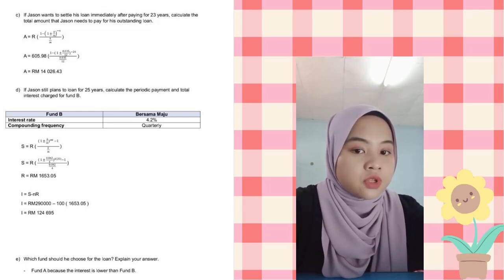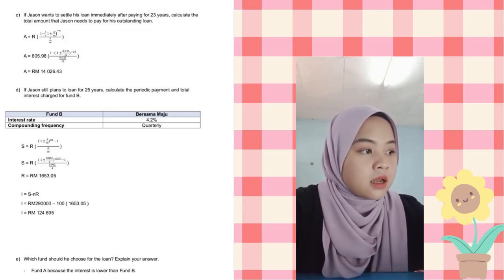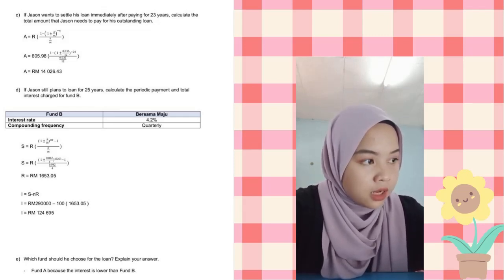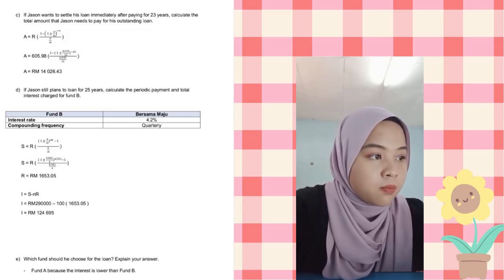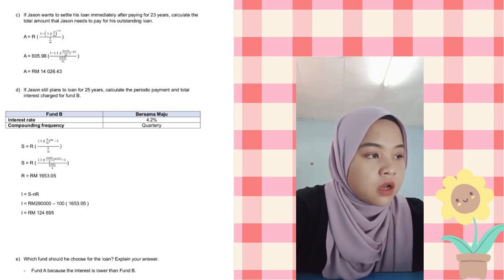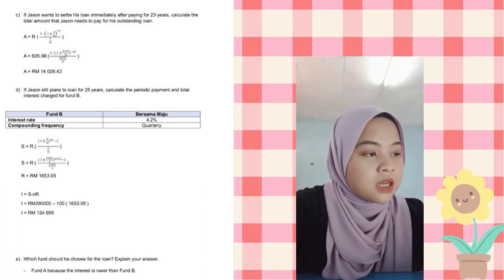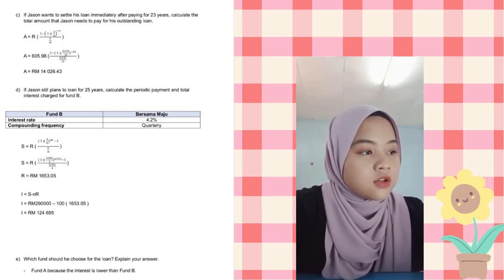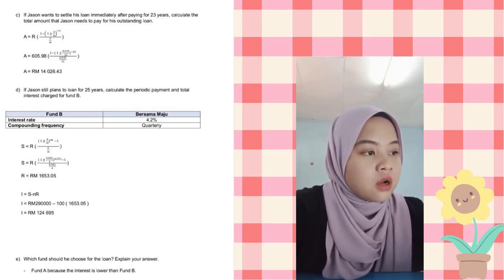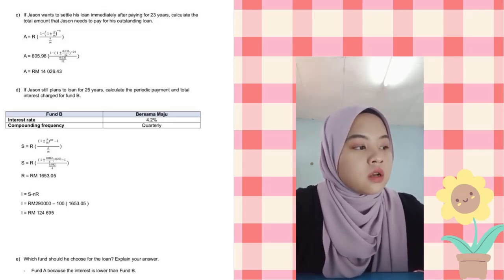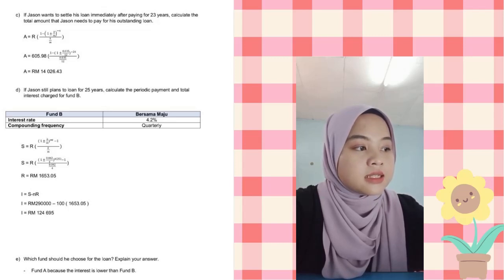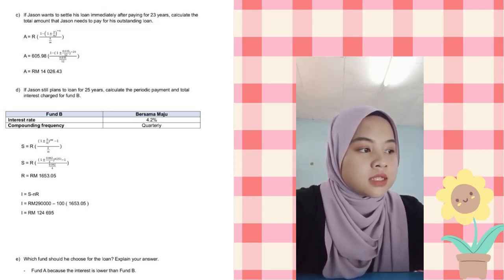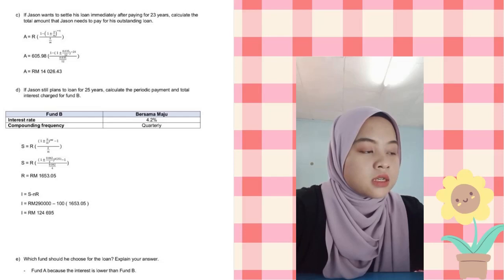So the way to solve this question is RM 290,000 equal to R times ((1 plus 0.042 over 4) to the power of 4 times 25, minus 1) over 0.042 over 4. So we use shift solve function, then we get the answer R equal to 1,653